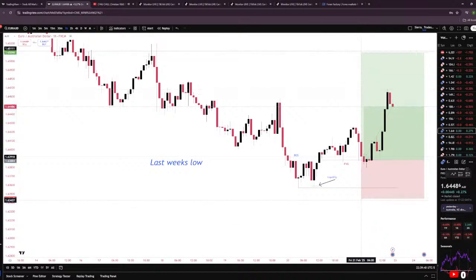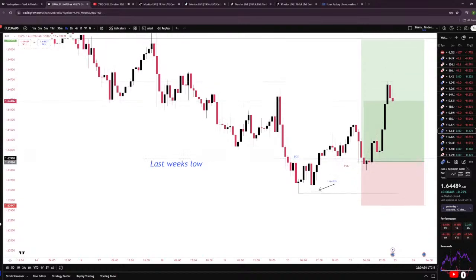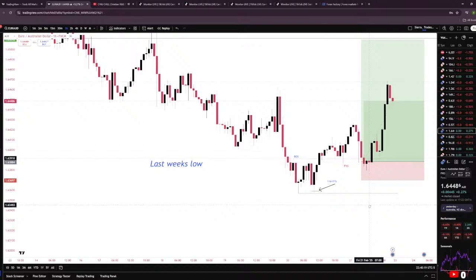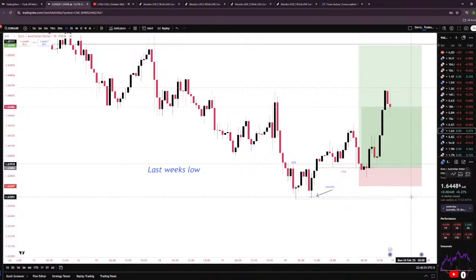Now, normally, stop loss would be below the candle that created the fair value gap. But if we had it here, it looks like price did come down and stop us out, and it was only 8 pips, right? So sometimes if it's too tiny, I will bring it down to the following candle, and at least try to do 20 pips. I can live with myself with 20 pips, and with this we can live with 18, right? And then we wouldn't have got stopped out of the trade,